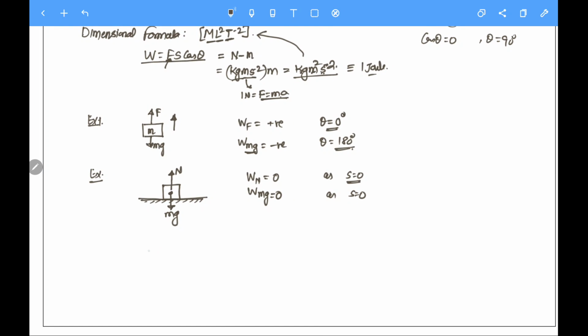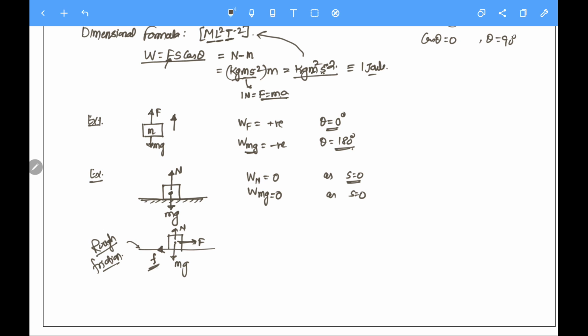But if we apply a force on the object, say external force F is applied now. Mg is still acting downward and there is a normal reaction force N. As we apply a force, if the surface is rough, it means there is some friction. As we start to apply the force, a friction force will start to act in the opposite direction. That means it has the tendency to oppose the motion. Because the force has a tendency to move right side, the opposite friction acts on the left side.